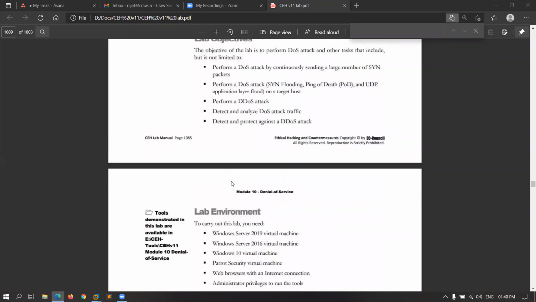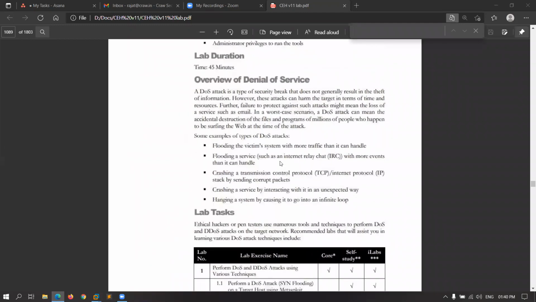So if you are performing a DOS attack on your own, then it is called denial of service. And if a group of persons, a group of computers is performing a DOS attack, then it is not called DOS, it is called distributed denial of service attack, DDoS. So basically a DDoS attack is when a lot of persons are available to perform a particular attack on a particular website, and you can use hacked computers also.